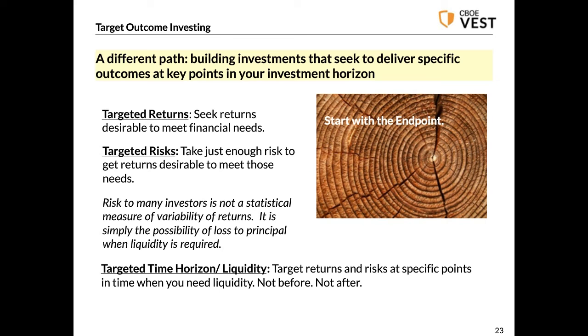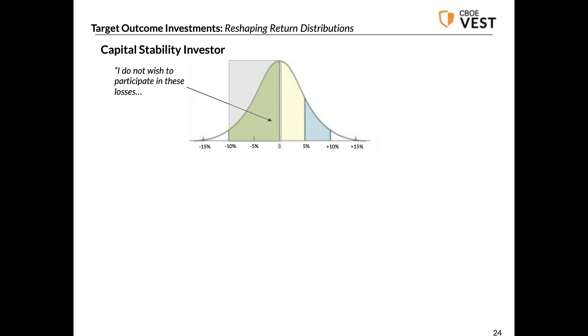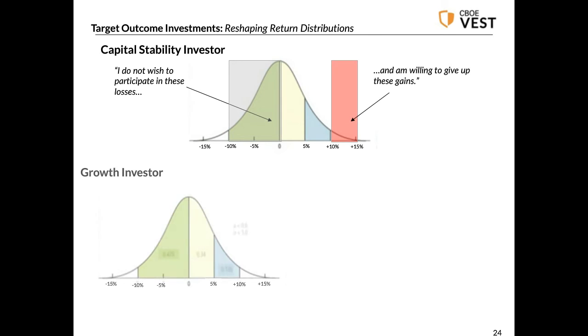So often in target outcome investing, there is a target time horizon, which is the point at which you need liquidity. And I think it makes a lot of sense. I get a lot of questions from people, well, when the market starts falling and they're seeing on CNBC this big loss in indexes, will I still be able to provide for my retirement? In fact, if you're retiring over the next 10 years and you're going to be taking out a small portion of money each year, those returns that are happening and scaring you on CNBC are actually not very relevant at all.